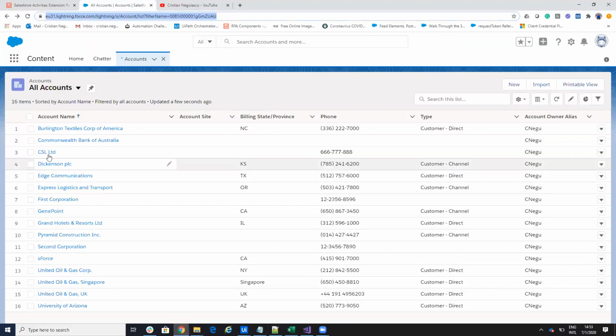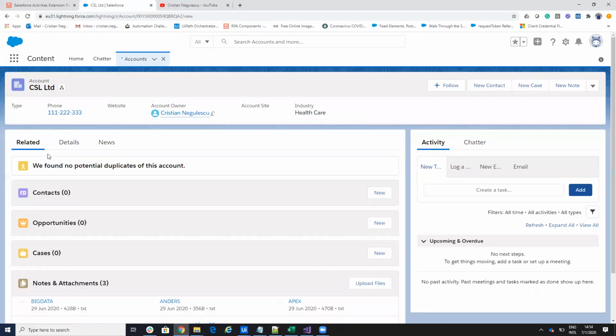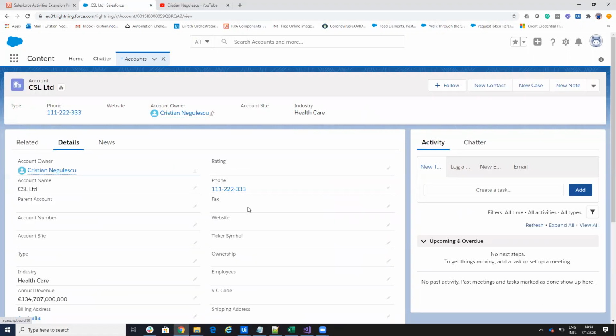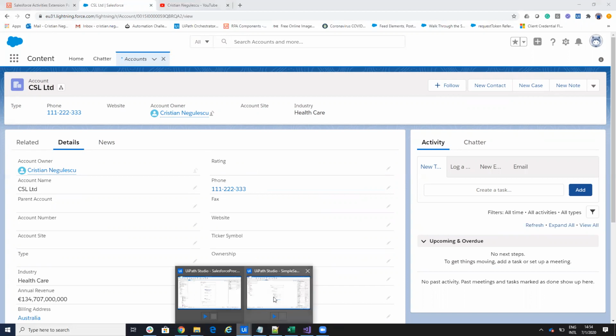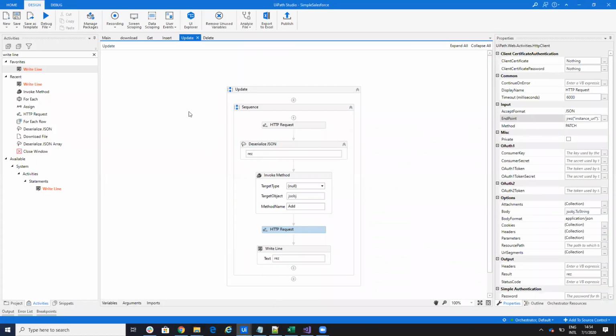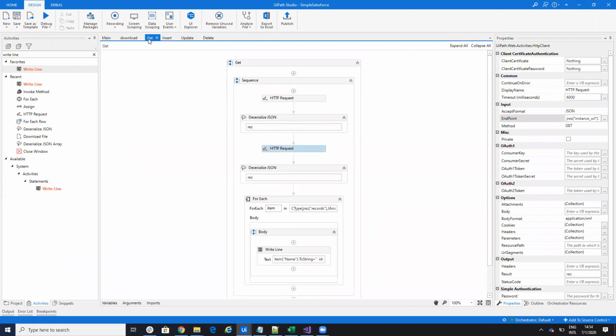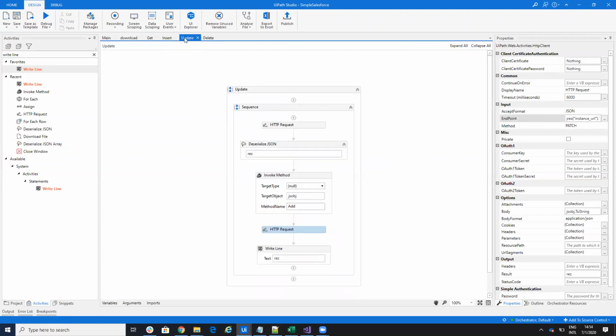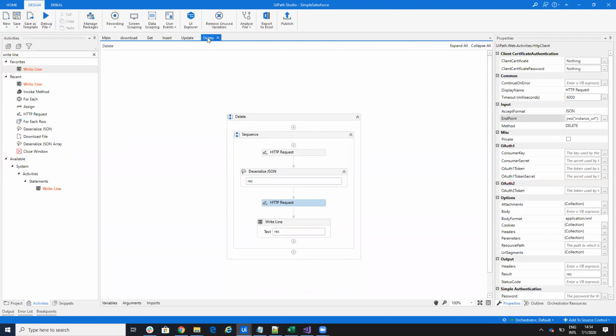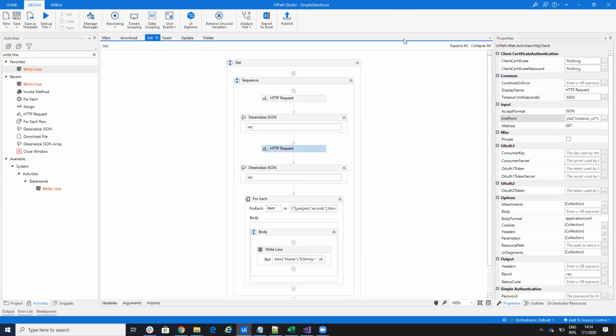And if I go to this account now and go to details, you'll see that the phone number is 111222333. So in this way, you are able to send REST API commands to the Salesforce instance without any activity. For clients who don't want to carry an activity, or who want to make only one simple step in Salesforce, they can use this code. They can create this very simple request, and based on this request, they can do their update via REST API and then go further with the UI automation.